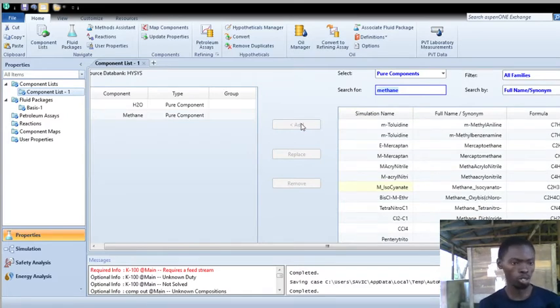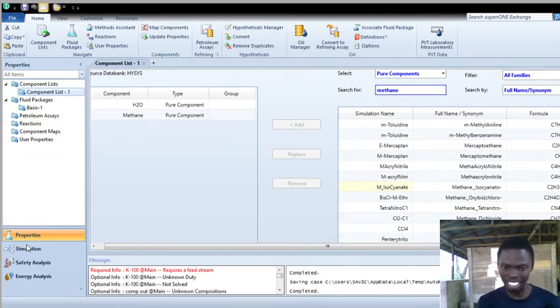The next thing is to go back to your simulation environment, isn't it? When you hit the button for the simulation environment, it brings up: do you wish to be left in holding mode when entering the interactive simulation environment? What that means is, do you want to stop your flash calculation, whereby everything you do regarding this methane that you just added, do you want it to be ignored or do you want it to be relevant?